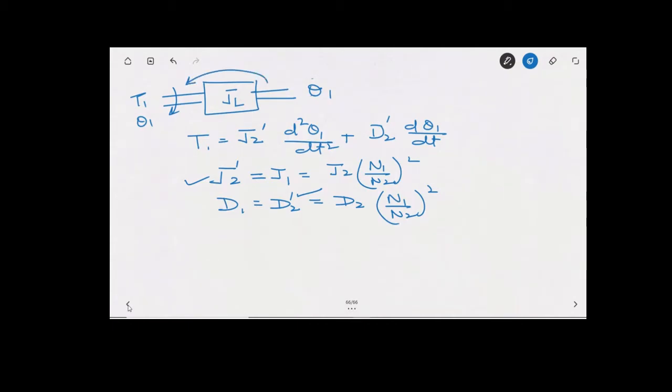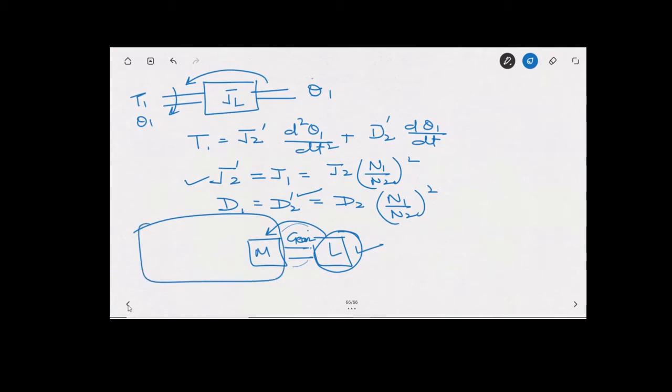So basically जो कि एक सिस्टम है जिसके अंदर मोटर भी है एंड लोड भी है, अब बीच में गियर है, मोटर एंड लोड, and बीच में gear is there. So because of this gear, gear is acting like a transformer and it is converting all the parameters of the load towards the motor side, so that we have only one circuit for the modeling purpose or for the analysis purpose.